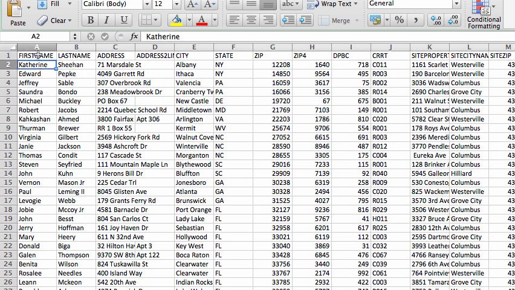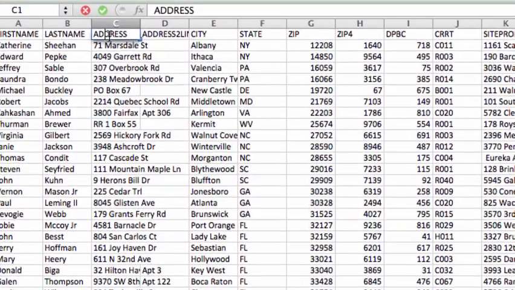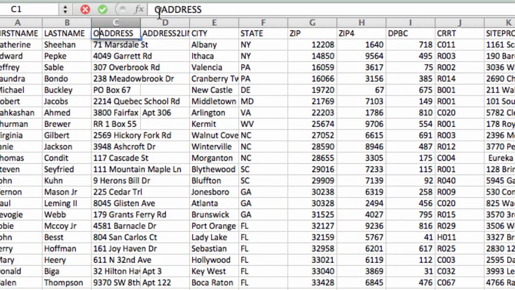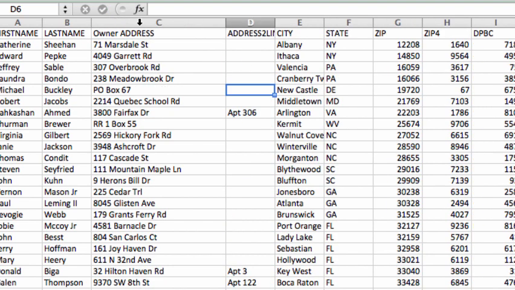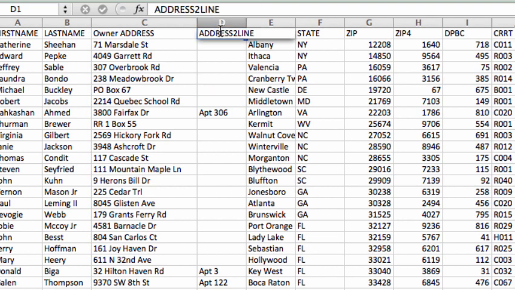We're separating it. And here I have an address, which is the owner's address. If you want to, you can double click in there and type in owner so you recognize it as the owner's address. You can double click these columns, by the way, and they'll open them up. You can click them and drag them smaller. Here we have owner